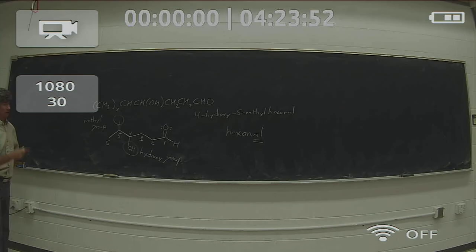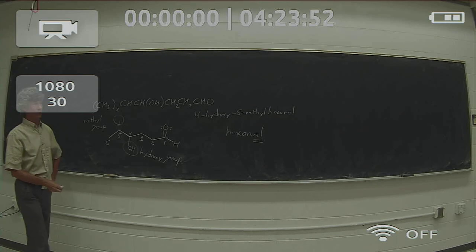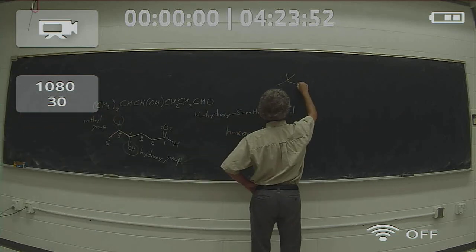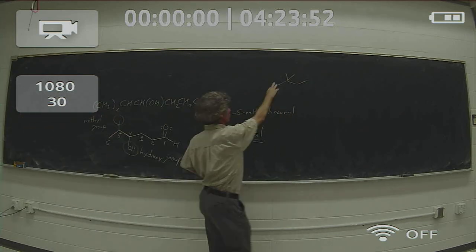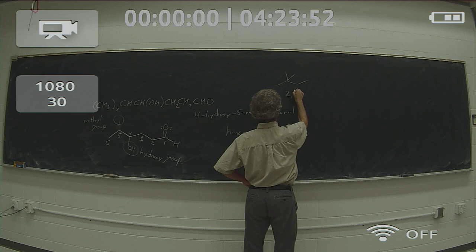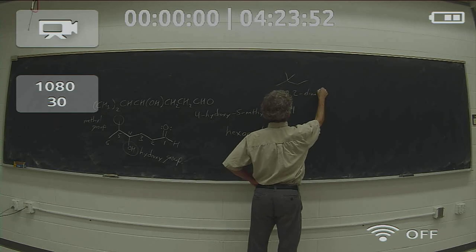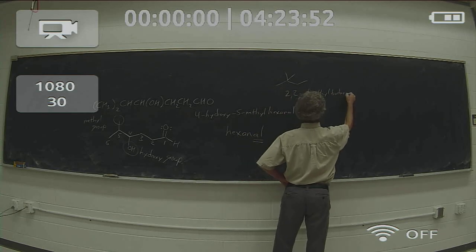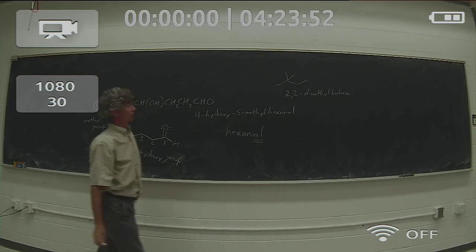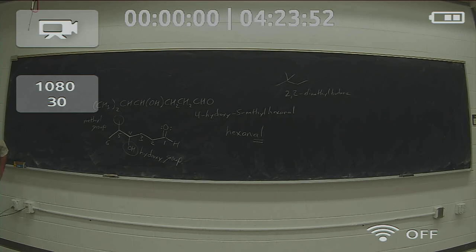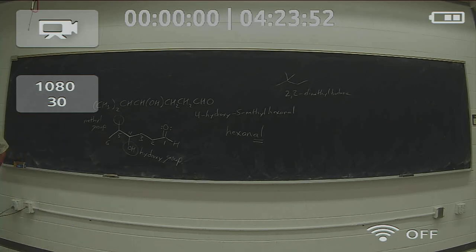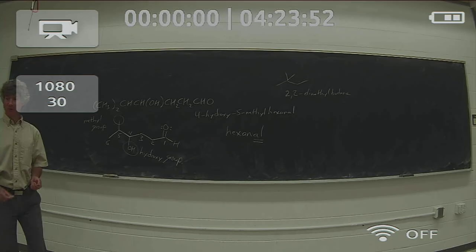You'll notice in the previous example, 2,2-dimethyl butane, the numbers are separated from each other by commas and from the letters by dashes. And this molecule would be 4-hydroxy 5-methyl hexanal. There's lots of practice problems. You'll get